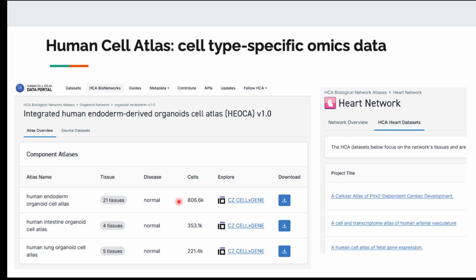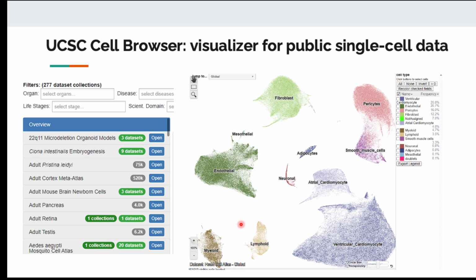Nowadays, they also created this UCSC Cell Browser that allows you to visualize public single cell data. So the datasets that you can find on Human Cell Atlas, you can download them. But if you want to visualize them, you can go to the UCSC Cell Browser, and you will be able to search based on the organ, based on the disease, based on the organism. And you will be able to view the